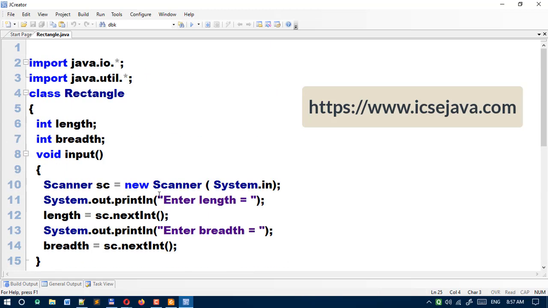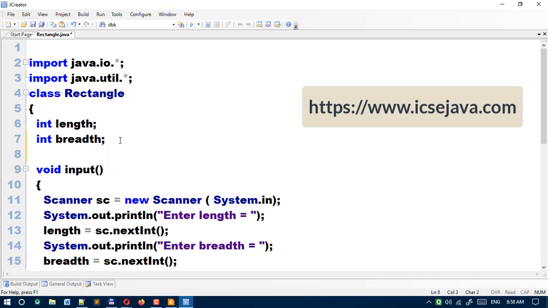So now you can see how to include the constructor in the given program. One thing to keep in mind: the constructor name is the same as the class name. So what is the class name here? Rectangle. So the constructor name we must keep the same.